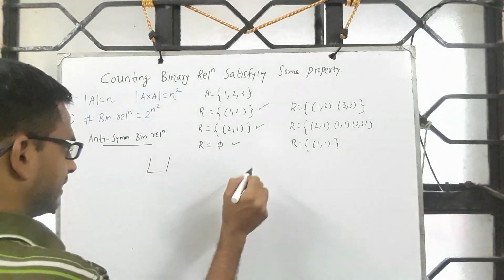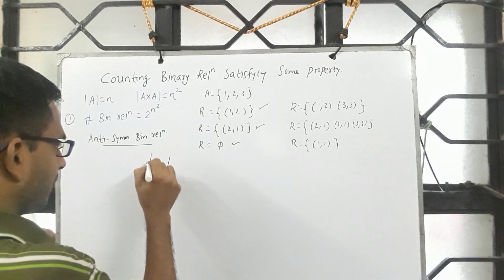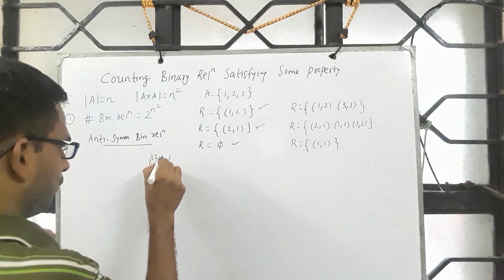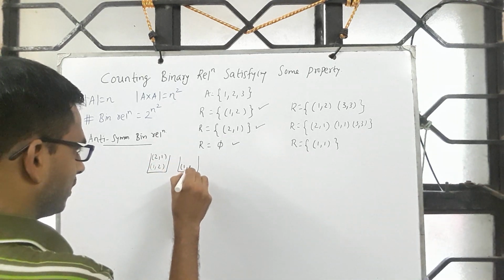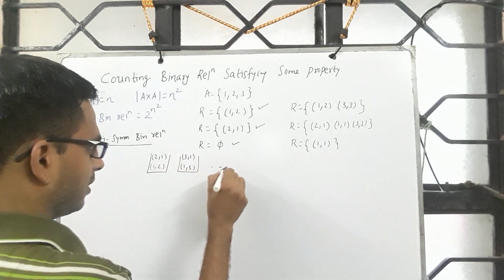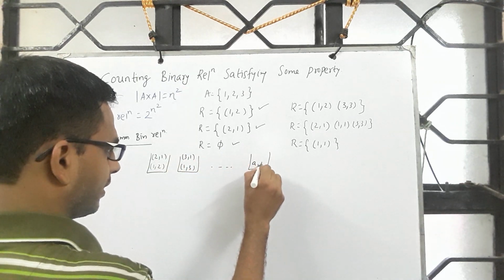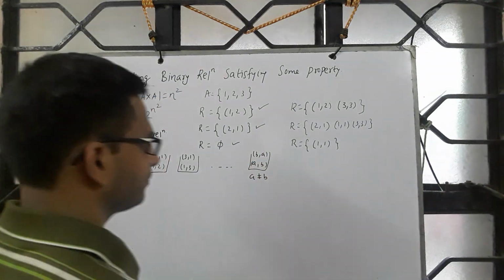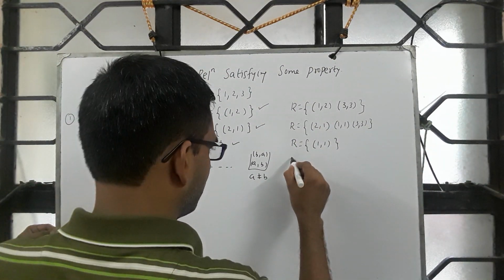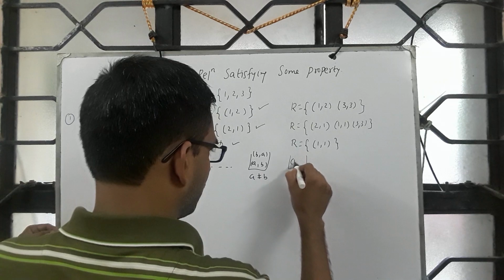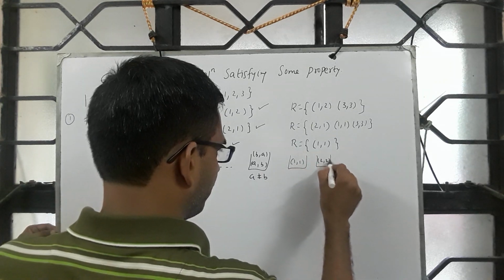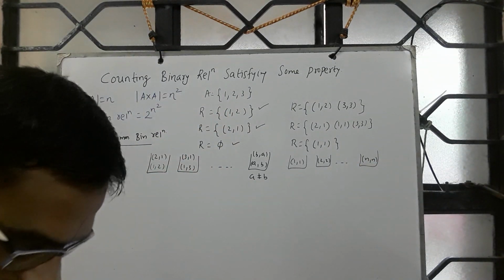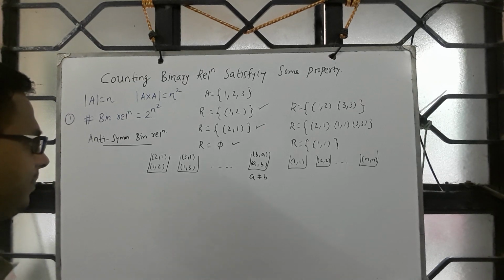Okay. So what we will do, just like the way we did for symmetricity, I am having boxes. The first box is for (1, 2), (2, 1). The second box is for (1, 3), (3, 1), and so on up to (A, B), (B, A), where A and B are not same. Then I have got other boxes for (1, 1), (2, 2), so on up to (n, n). Listen carefully.